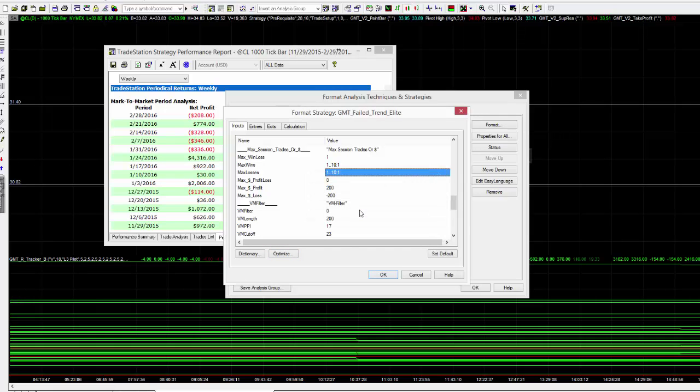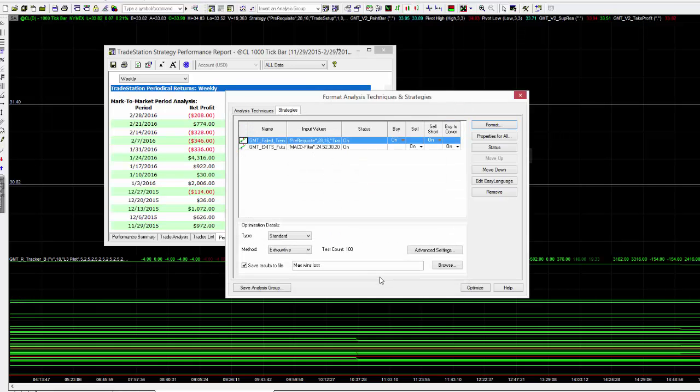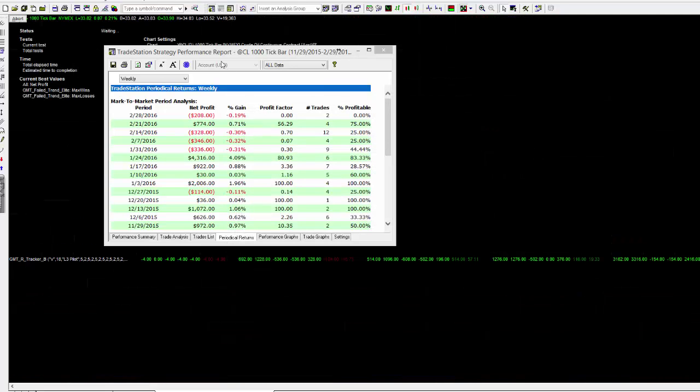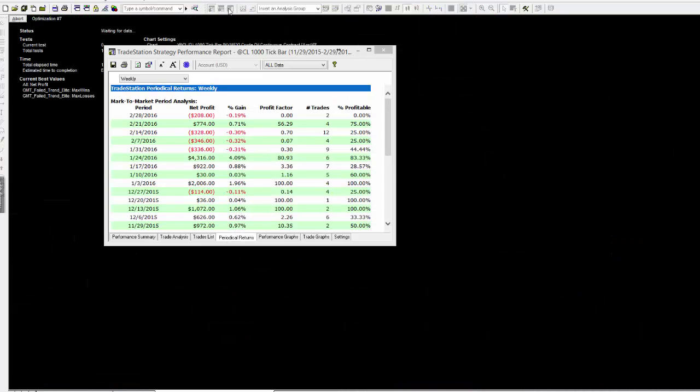The other thing you're going to want to do is save the results to file, so you can have a look at the results, the performance table. So max wins, max losses, that's what we're going to save. What will happen now is, once the optimization runs, it'll save it as an optimization table, so we can see exactly what the optimal settings were in relation to our max wins, max losses,